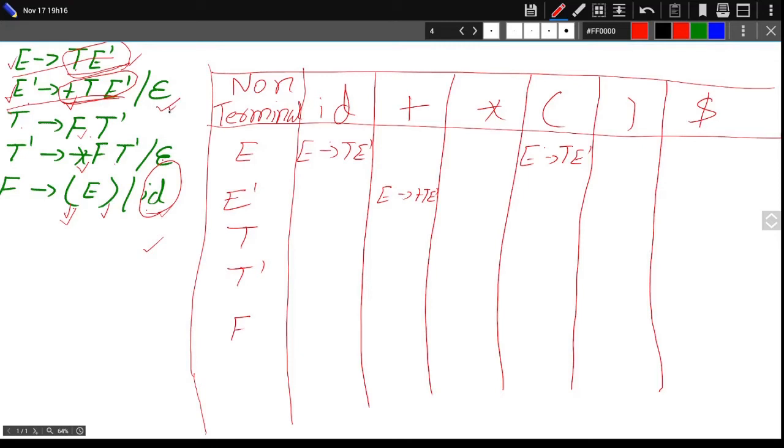We remember one rule, that if at all it is epsilon, in that case it will be kept in the follow of E dash. What is the follow of E dash? Follow of E dash will be, let me find out. Follow of E dash will be